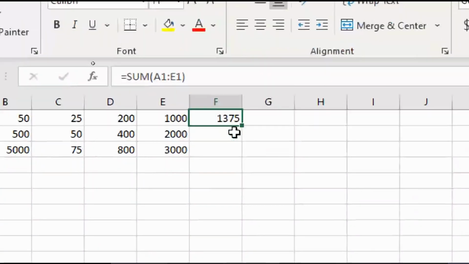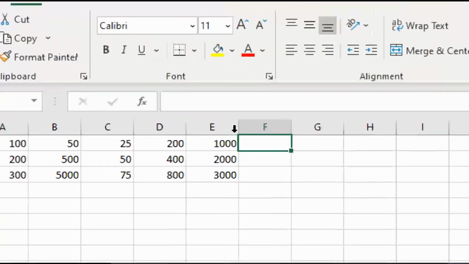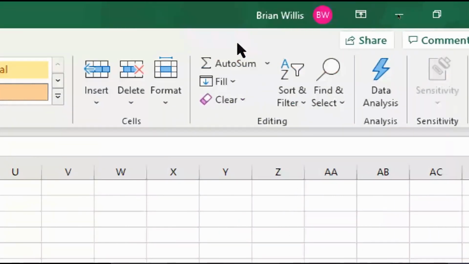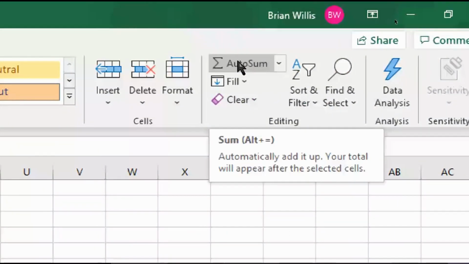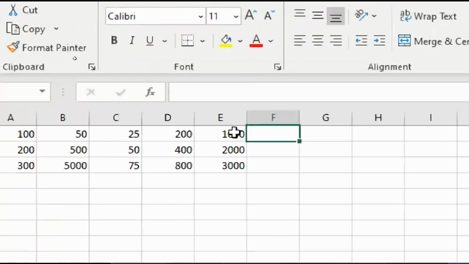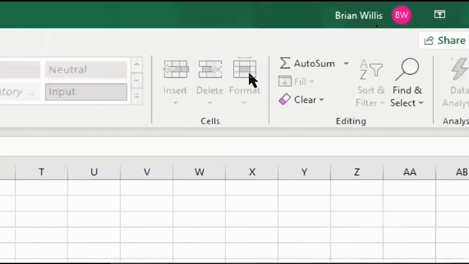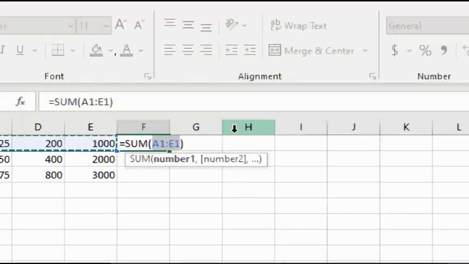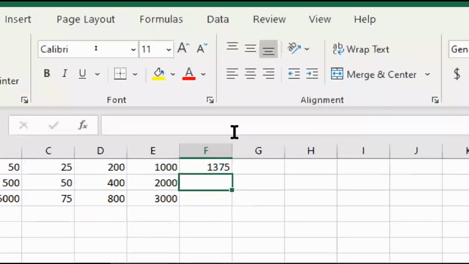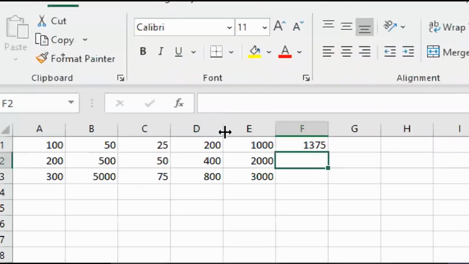But say we want to do this a little quicker. We have another option. If we come up here, past our styles, past all this, we have Autosum. If you place your cursor on a cell at the end of a row and press Autosum, it will automatically fill it with this, and then you can just press enter. And that's nice and all, but it can get tedious if you're doing the same thing for a lot of